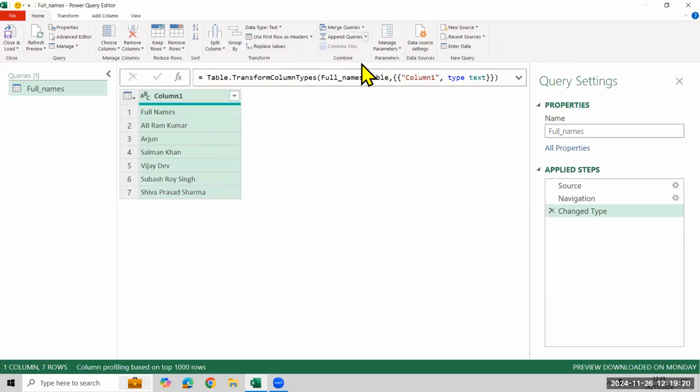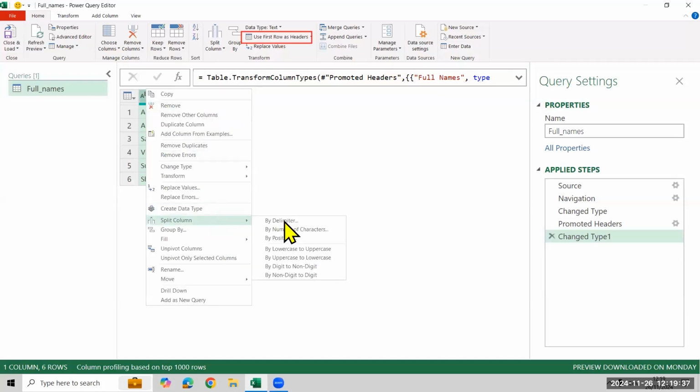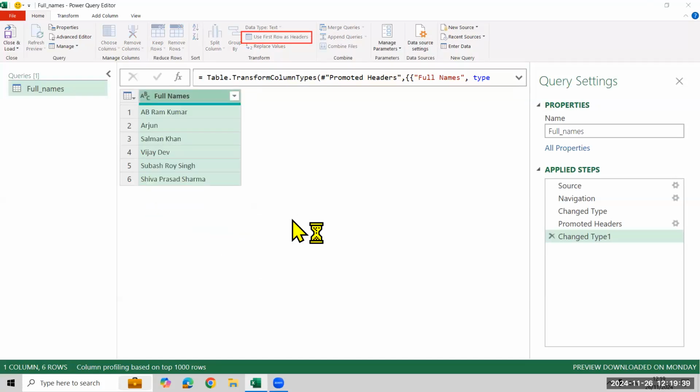The first step is you have to click on use first row as header. So the first row will convert into a header. After doing this, you have to right click and use split column by delimiter. And here you're gonna use